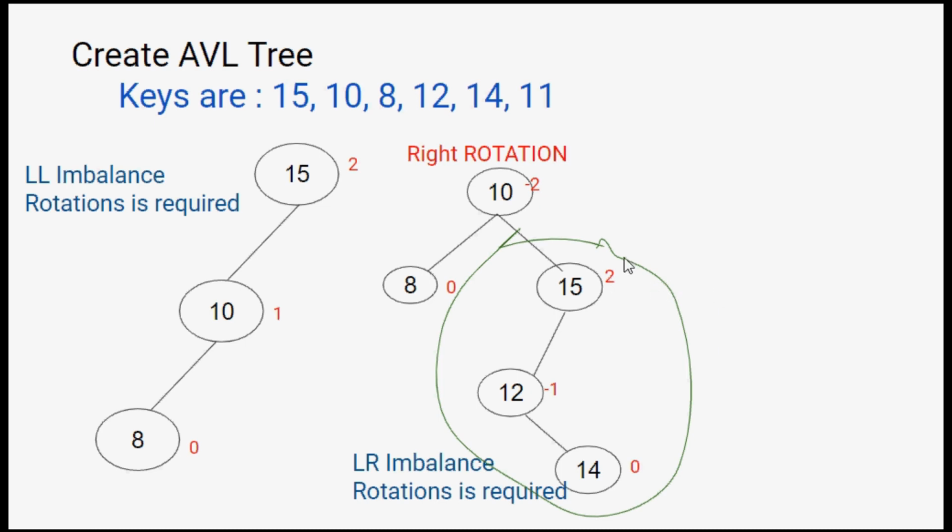First of all, let's understand. Firstly, we are going to perform left rotation. What does that mean? We are going to push 14 towards the left of 15. Since at one position there can only be one node, if I am pushing 14 towards the left of 15, I need to pull 12 downward. This is the left rotation, and in the next step we are going to perform the right rotation. We are going to pull 15 downwards and push 14 upwards.